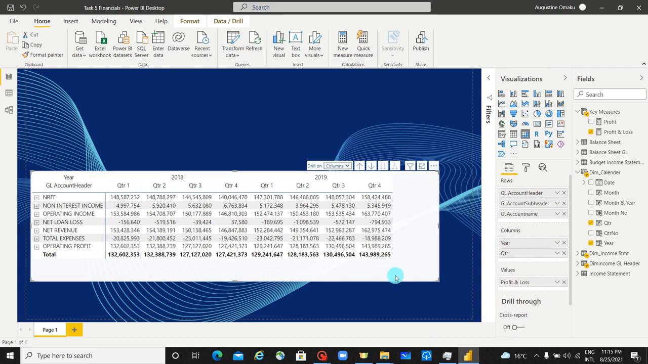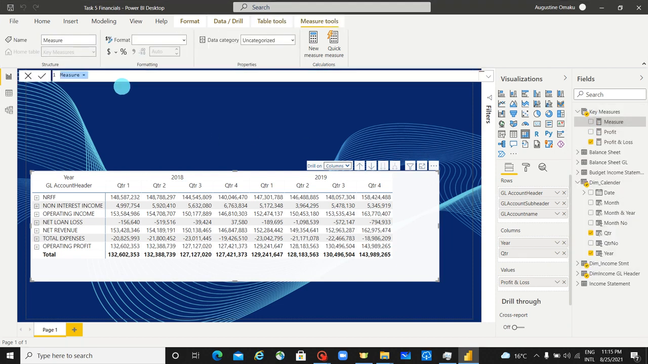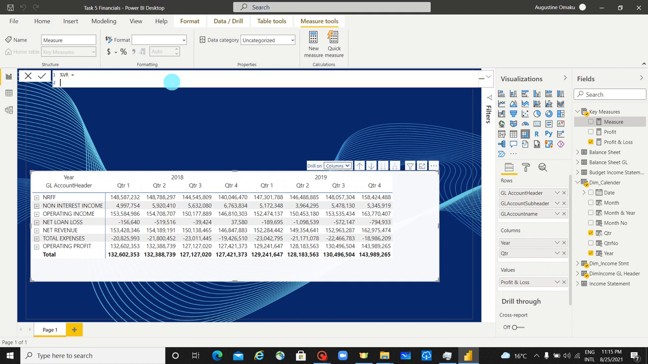So the next thing I'll do here is my quarter and quarter growth. So I'll go to key measures, new measure. So I'll call this percentage V, that's variance. So let me just make it short. That way I'll use a variable, I'll get the previous month, then divide the profit and loss by the previous month to just get the percentage growth. So I call this last quarter. That is equal to